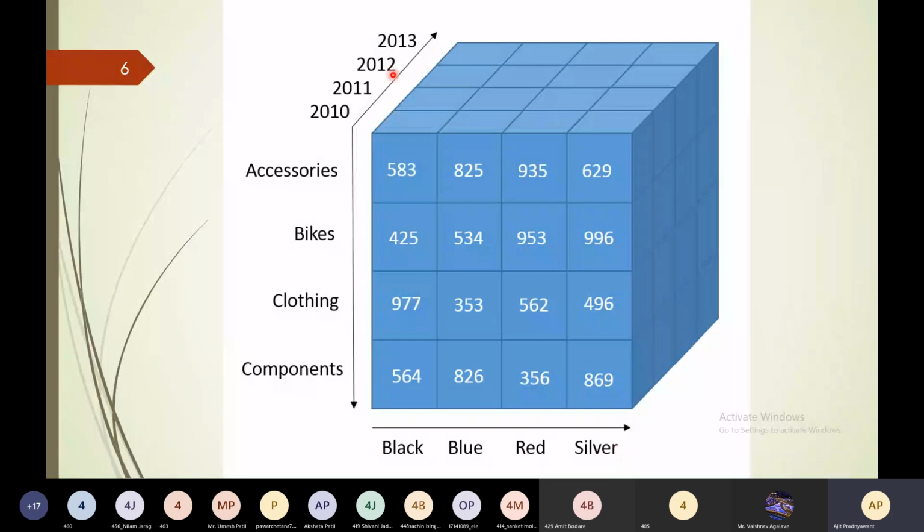And in this direction, that is the year 2010, 11, 12, and 13. So in OLAP cube, data will look like this. First of all, understand this, how the data will look in an OLAP cube. If you understood this, you can easily understand different operations on the OLAP cube that we are going to learn in today's session.